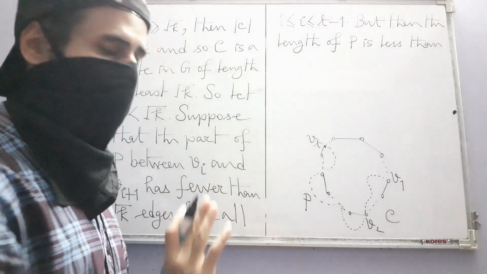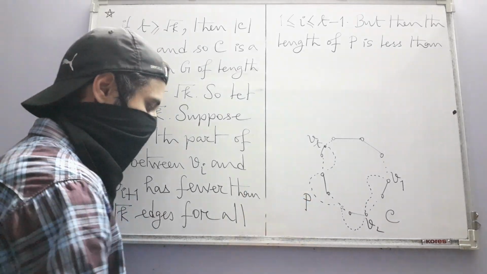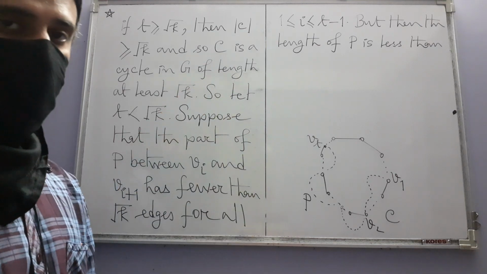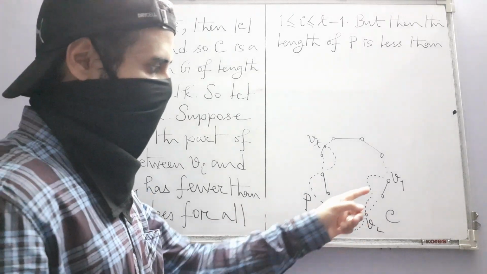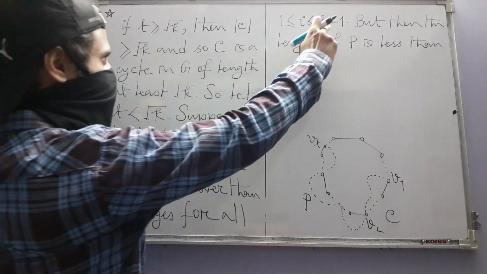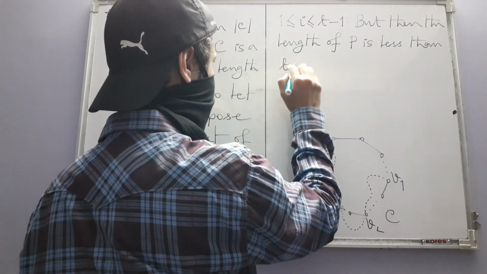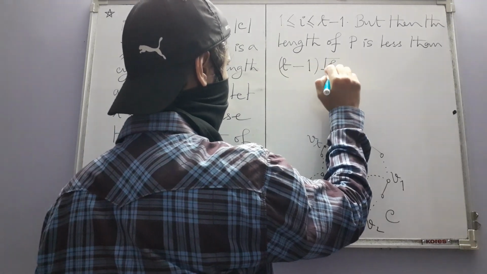It is equal to the sum of the lengths of these parts. But the length of each part is less than root k. So that sum itself is less than that many root k's as many parts we have. How many parts do we have? t minus 1. So the length is less than t minus 1 times root k,